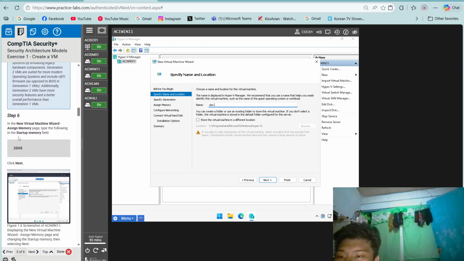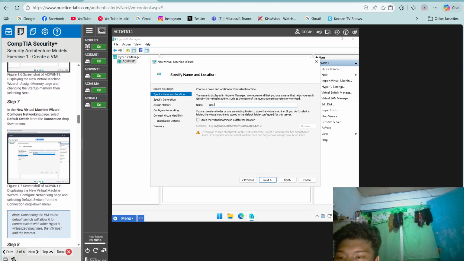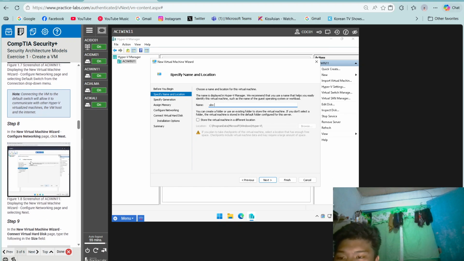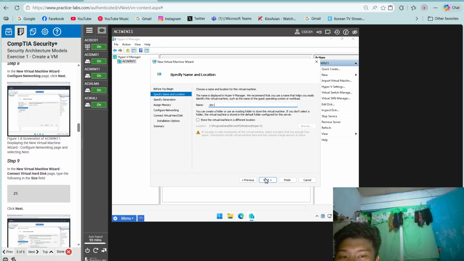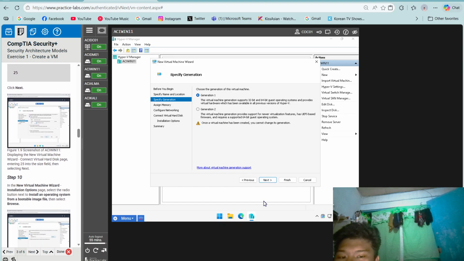So type the following in the startup memory field: 2048. Then select Default Switch from the connection drop-down. Note, connecting the VM to the default switch will allow it to communicate with the other Hyper-V virtualized machines, the VM host, and the internet. So click Next, then 25, then click Next,